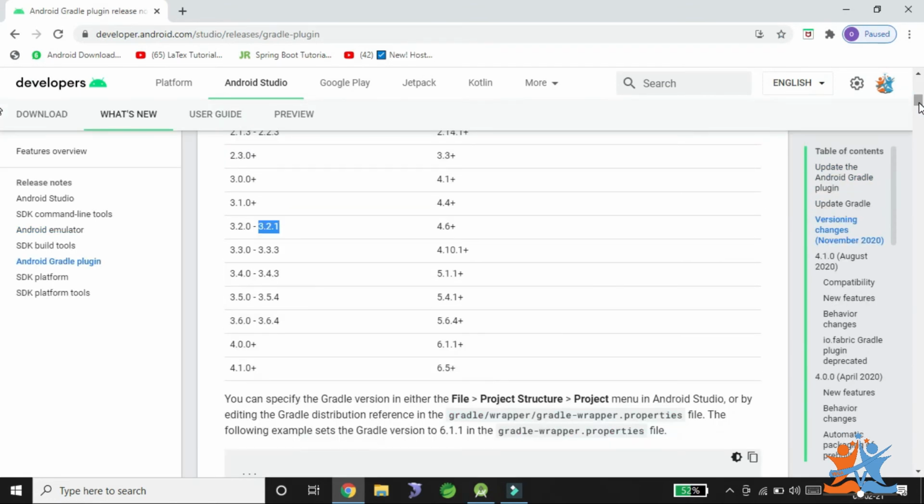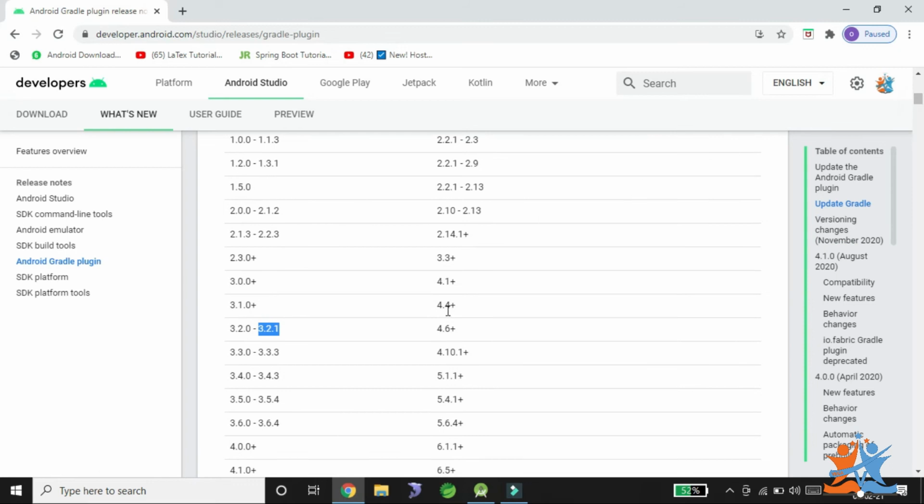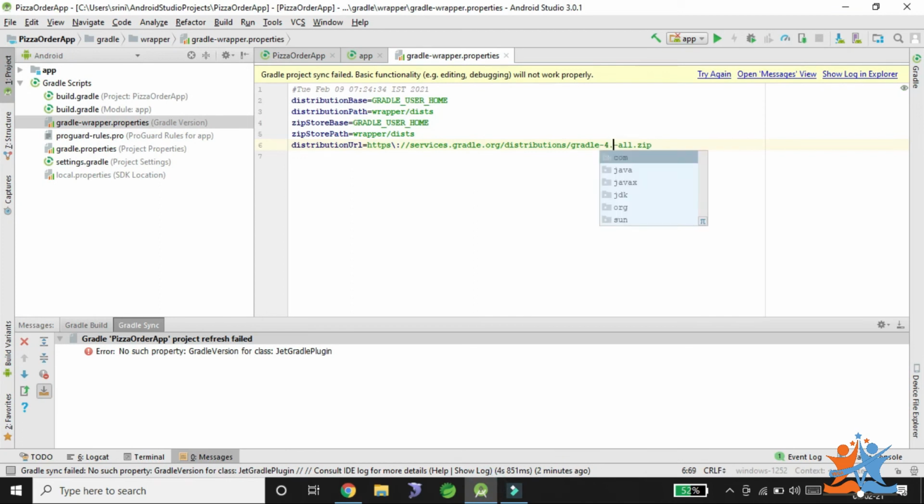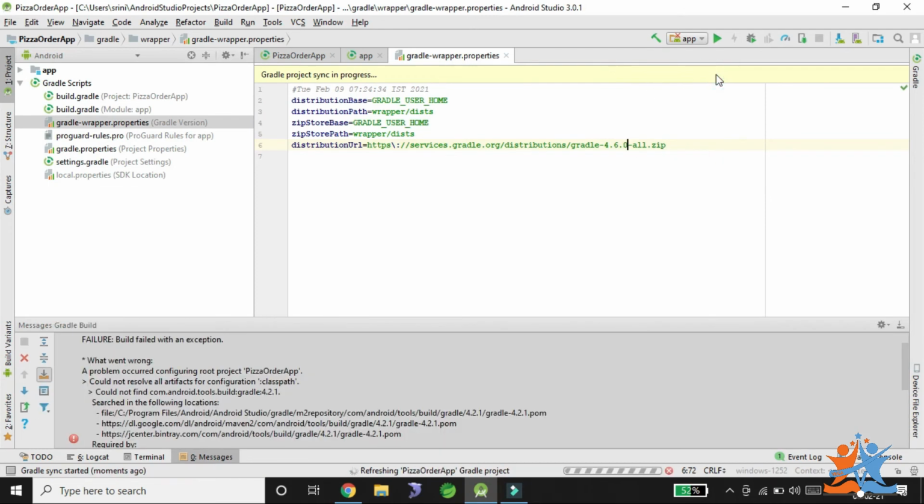We need to change that to 4.6 plus, so 4.6.0 or 4.6.1, whatever you want. So I need to change it here to 4.6.0. Then click on try again.